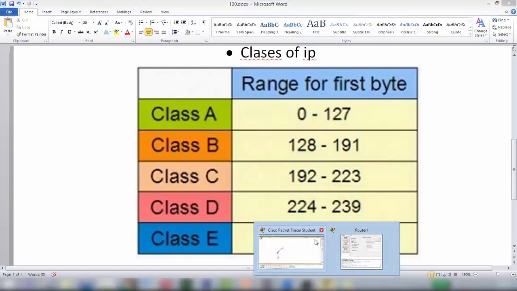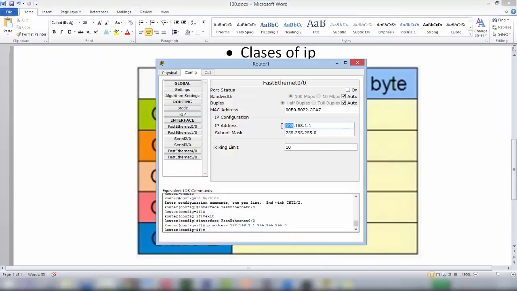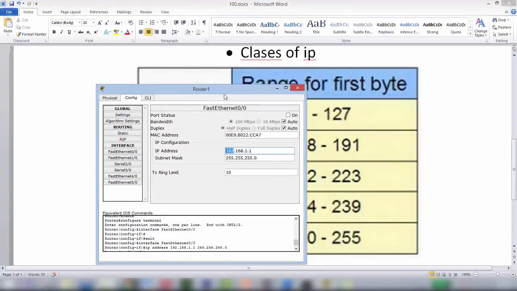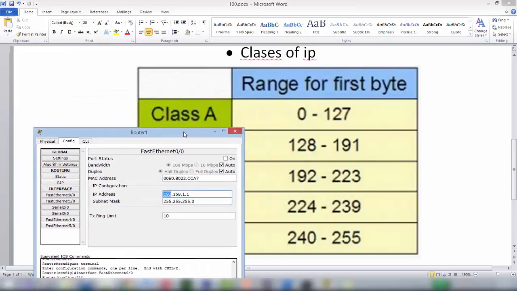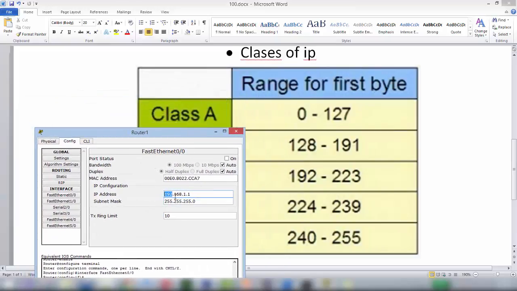That means the first digits of your IP determine which class it belongs to, and your whole IP is divided into 4 parts: part 1, part 2, part 3 and part 4. So I am